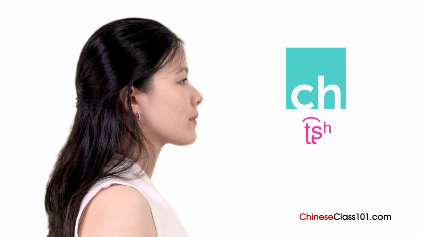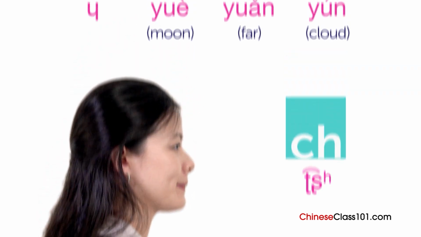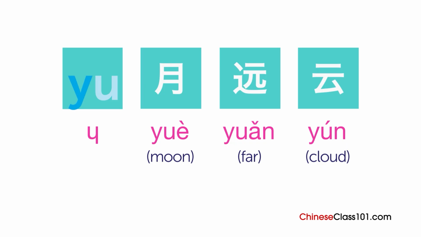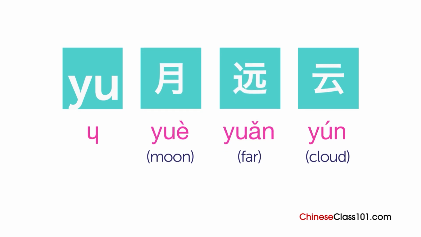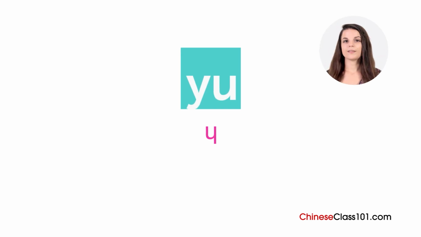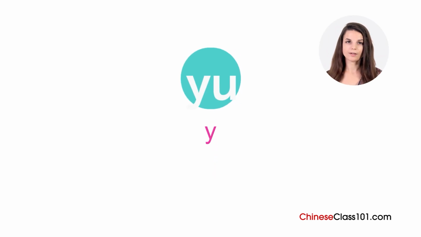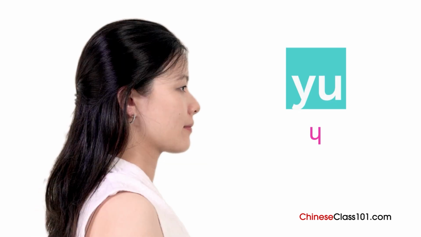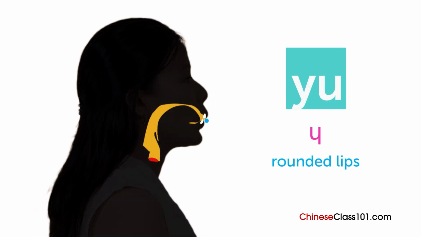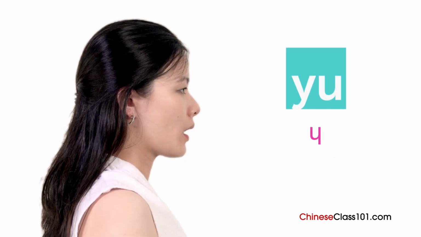And lastly, the final sound occurs when Y and U are paired together. 月，月，远，云。 This is like a Y sound, but with rounded lips. Try saying the English word you while rounding your lips. If that doesn't work, try rounding your lips first and then saying you. 鱼，鱼。